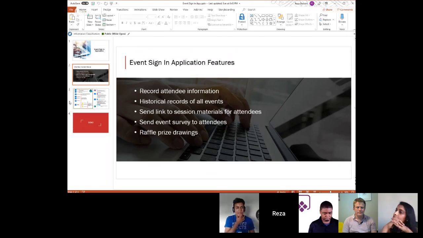Normally we have a lot of people sign up and a certain amount of people who show up for the conference. So we wanted to track and see who are the folks who don't show up. Additionally, we also wanted a historical record of all our events. We are going to have our 7th session this month in July. So we have a historical record of all our events for the entire year, how many people attended, and all the other metrics around it.